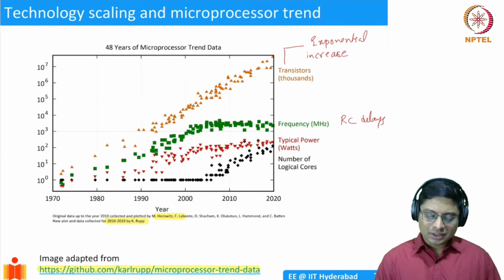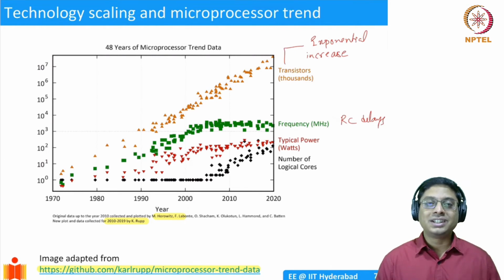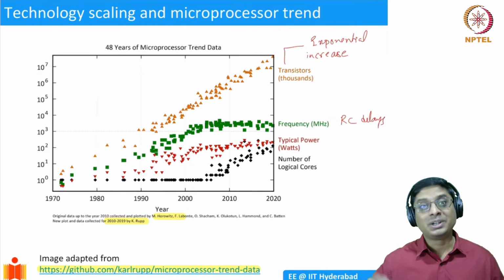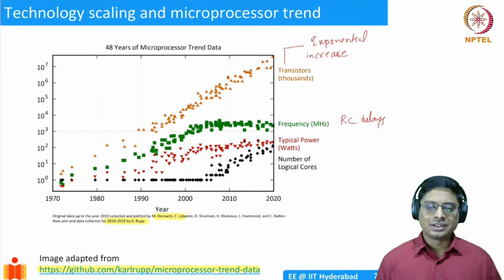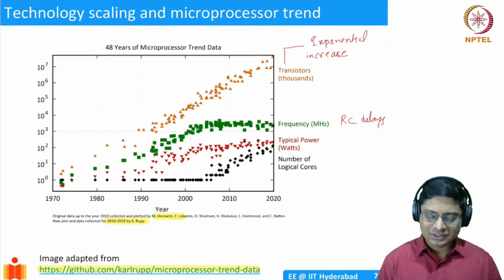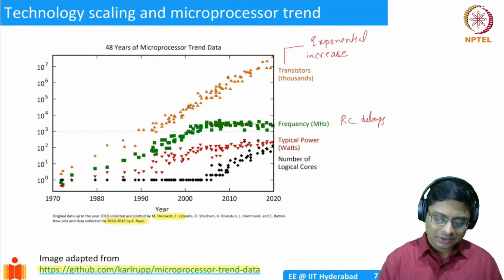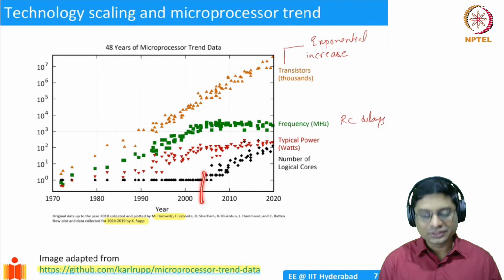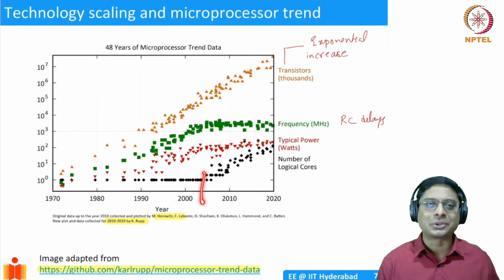Okay. So what is the solution? This is an industry that never stops, right? There is a very famous saying of Gordon Moore that no exponential is forever, but forever can be delayed. So since the frequency was saturating, the industry came up with a clever idea of introducing more cores. Till the mid 2000s, you would never have seen a multi-core processor. But nowadays, everybody has a multi-core processor. Your cell phone has probably 8 cores or 16 cores in it, right?